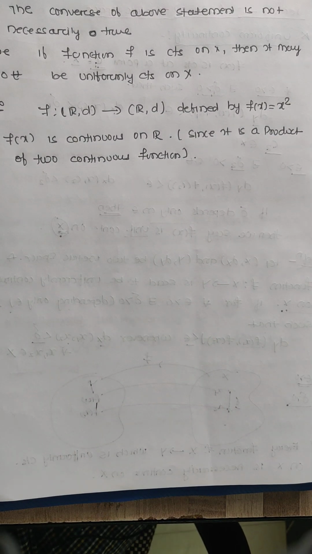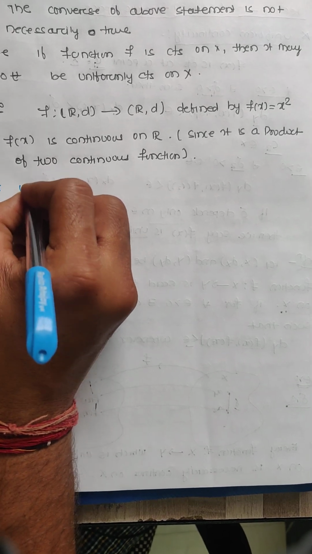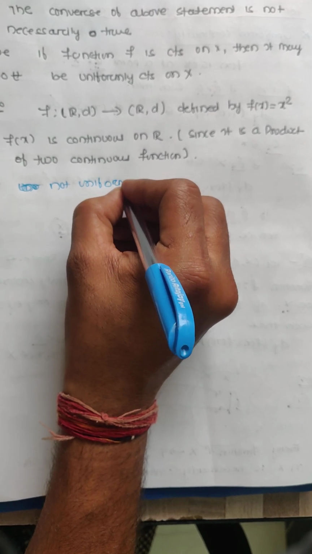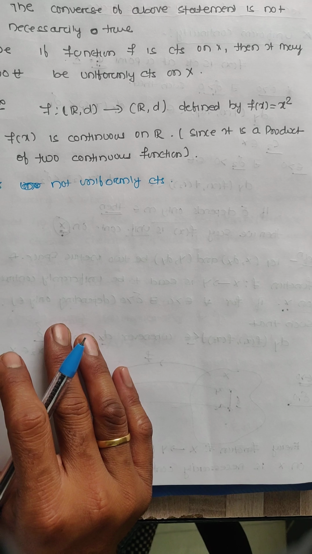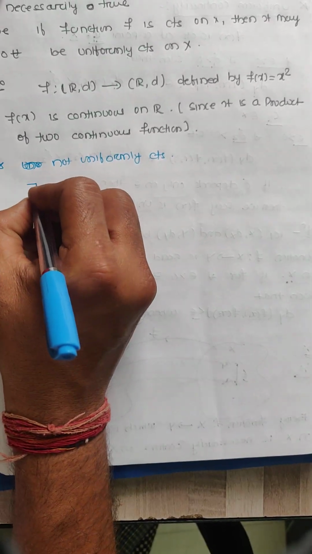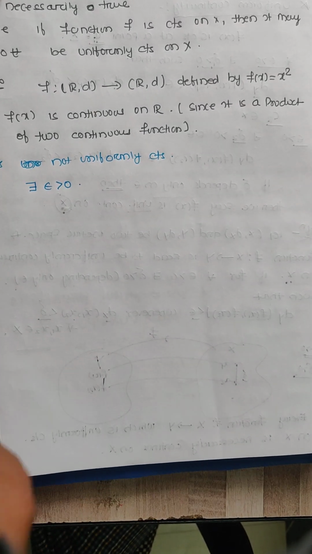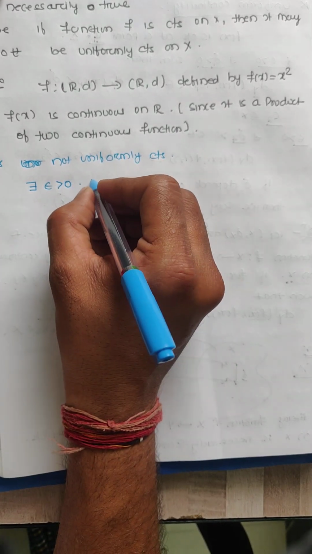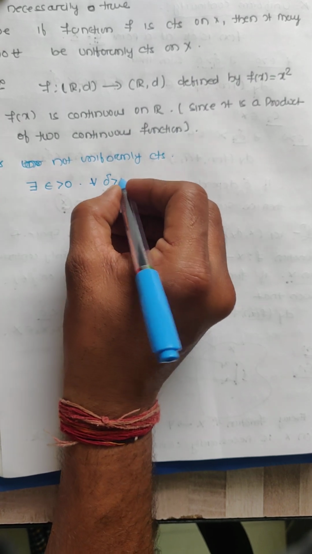Now the very important point: what do you mean by not uniformly continuous? Okay, what is uniform continuity? For every epsilon there exists a delta. For the negation, there exists an epsilon greater than 0 for which, for all delta greater than 0,